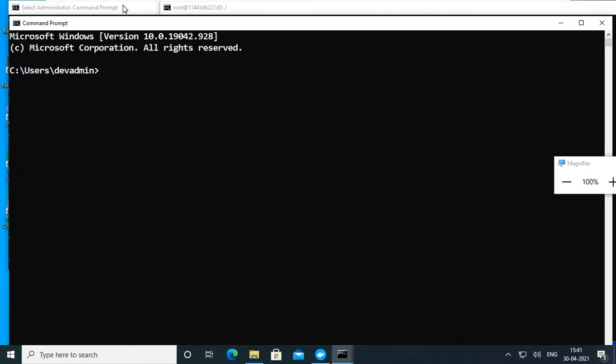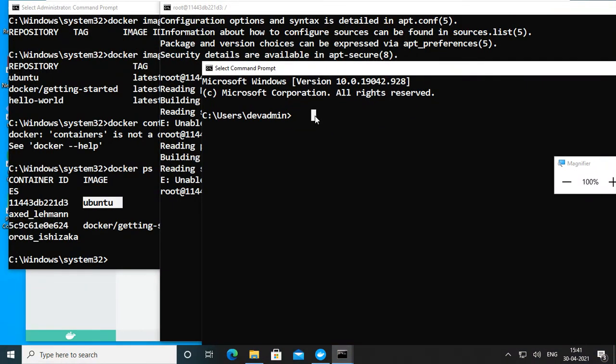This is another cmd. Okay, docker run -it ubuntu bash, right? That is this one. Here also we gave the same command.